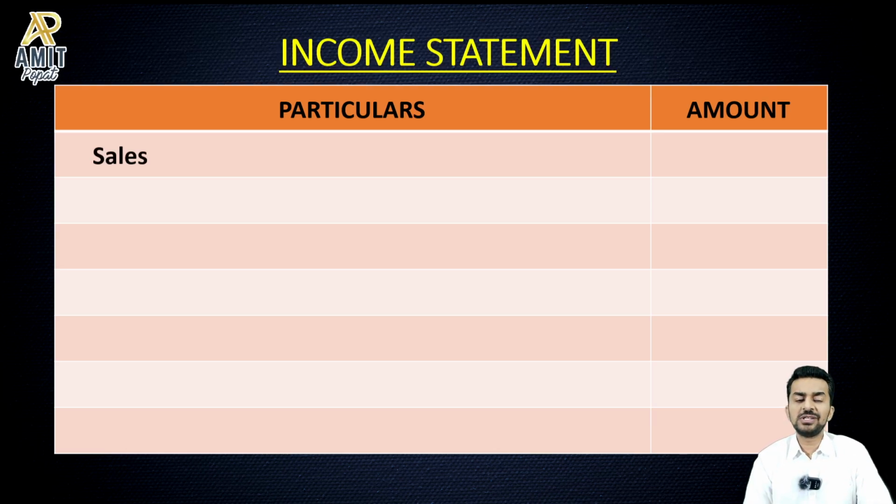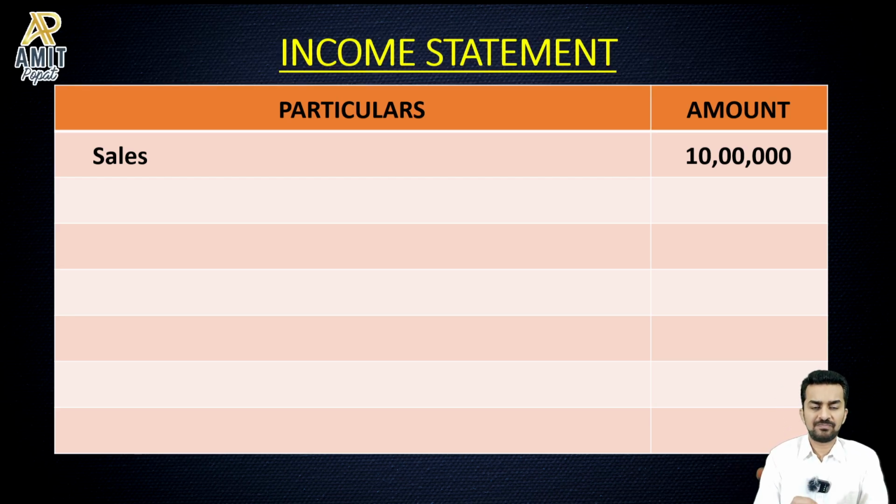So the first top thing that comes in the income statement is sales. Like for example, I'm explaining to you that my company did a sales of 10 lakhs during the last year or last quarter. Let's say last quarter. Okay. So sales, and when we say sales, it includes both the sales done on cash basis as well as sales done on credit basis. There are two bases of accounting. One is a cash base and one is an accrual base. We'll talk about that later, but I'm telling you right now, I'm preparing this income statement as per accrual basis.